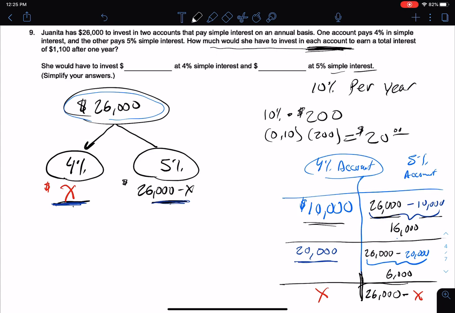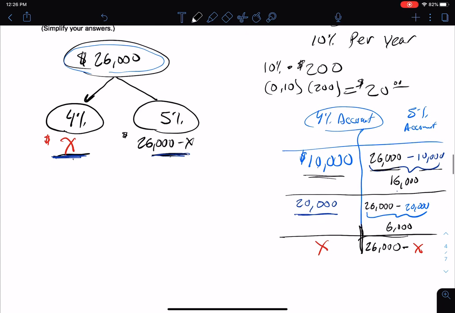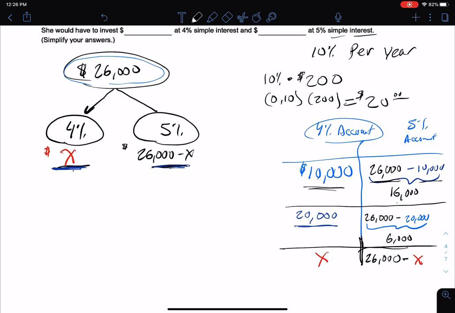Okay, so then the next piece is we want to calculate how much money is in that account, and they're telling us in this problem the total has to be $1,100. So if you want to figure out the value in the account, remember at the beginning, how did I find the value? Well, I took the percent as a decimal times the amount, and that gave me the value. So if I want to know how much simple interest was gained over a year,